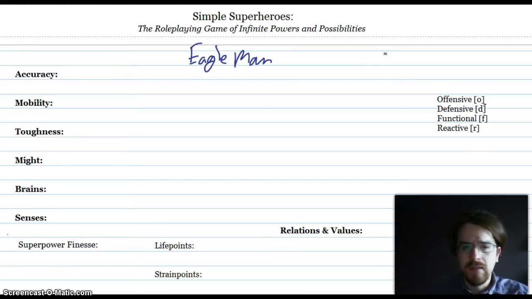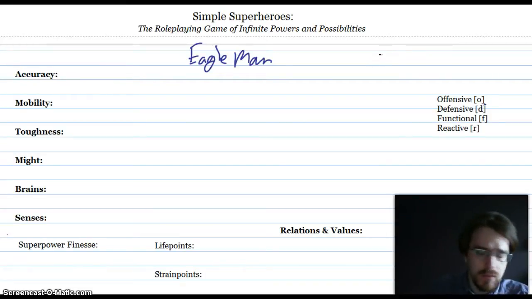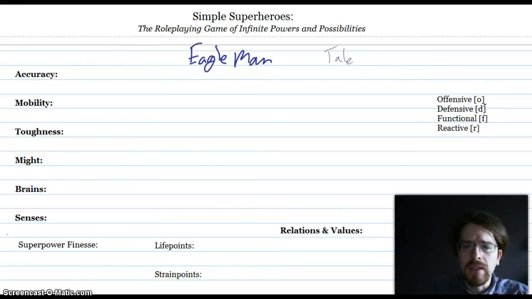We all get an idea of what his powers are just from his name. He can fly around, he probably has claws, and really good sight. So those are the sort of things we're going to be talking about. Fairly straightforward. So the second thing you do is you pick a talent array, and for Eagle Man I'm going